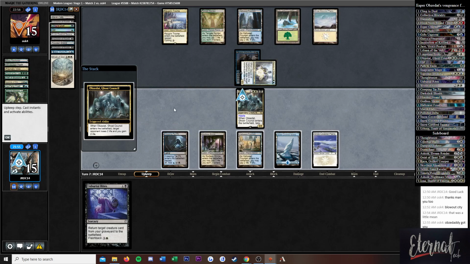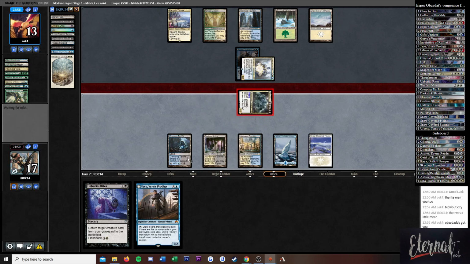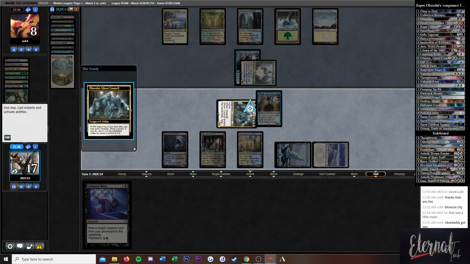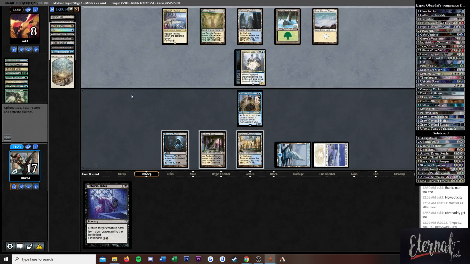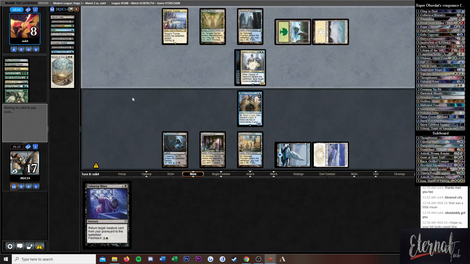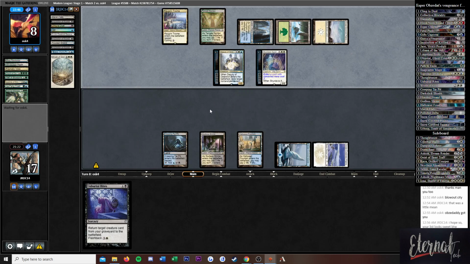Obzedat got you. Sorry, guys. I want to tell our opponent their list looks sweet, because it does. I really like the way the deck looks. They just got all the removal, man. They just got all of it. Alright, we kill them next turn, though. Oh, maybe not. They'll have blockers, but...